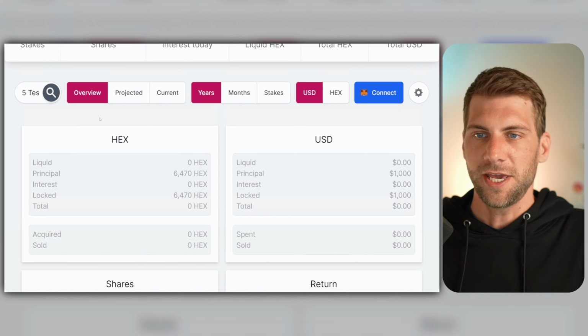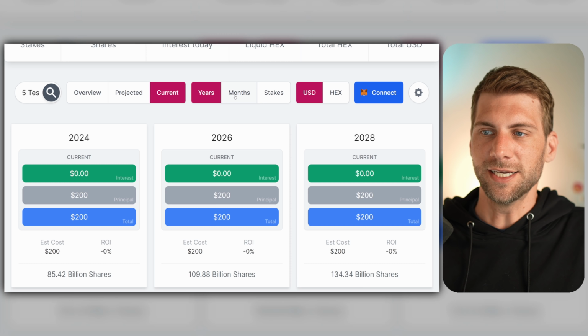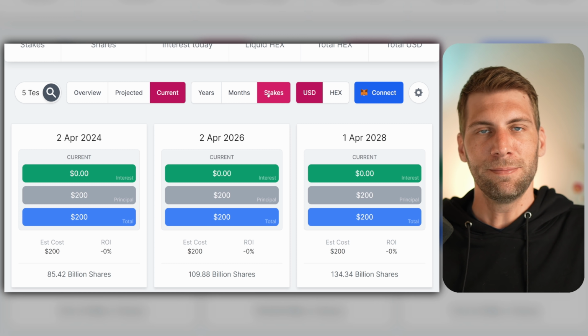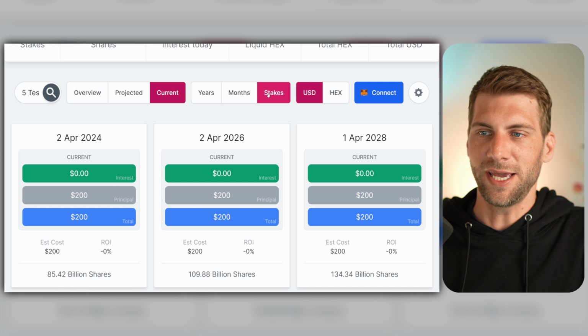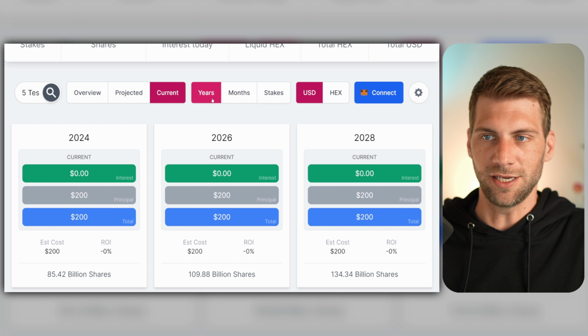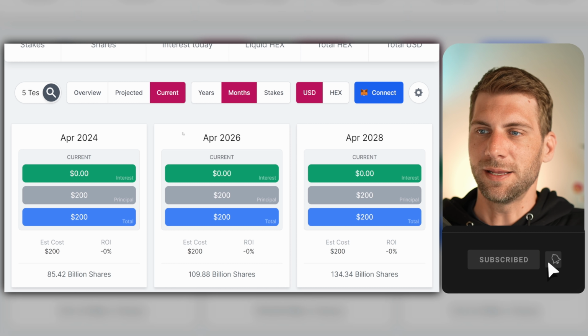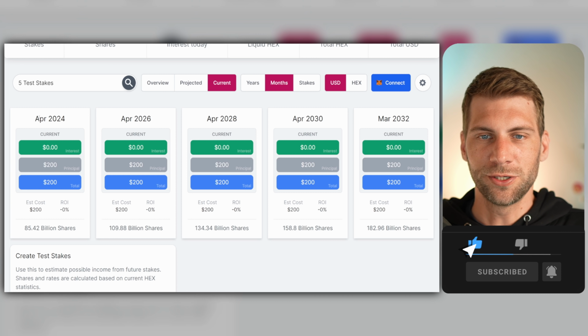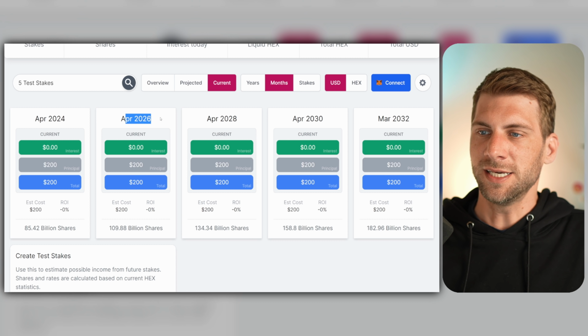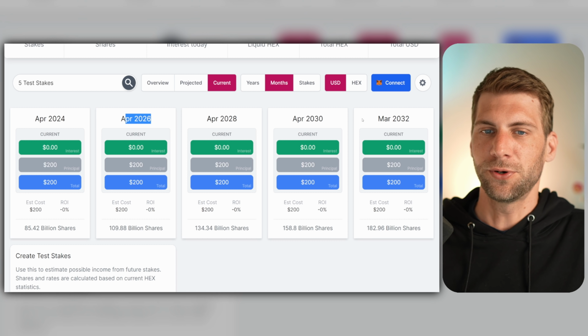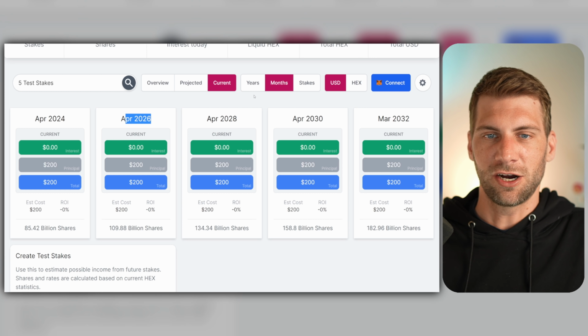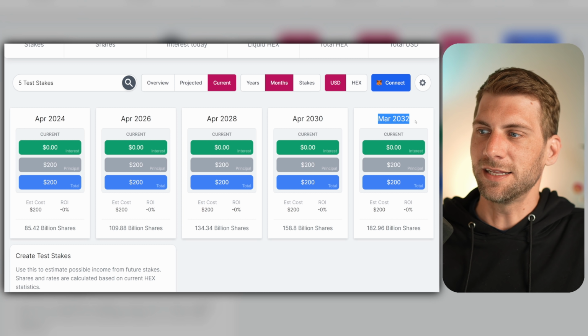If we scroll back up, you can also see the current value, which is like visualizing your stakes. So we can then choose between years, months and stakes depending on how many stakes you have. Maybe it makes more sense just to see the yearly view, but because here we only have 5 stakes, let's go with the month and zoom out a little bit more. You can see now it distributed these 5 stakes from April, until every year. It starts next year and it's going to end in the year